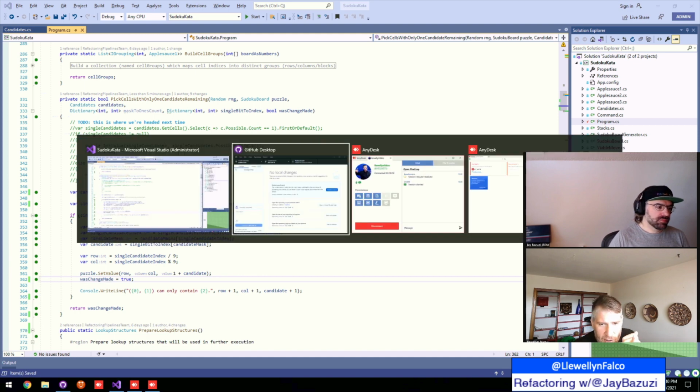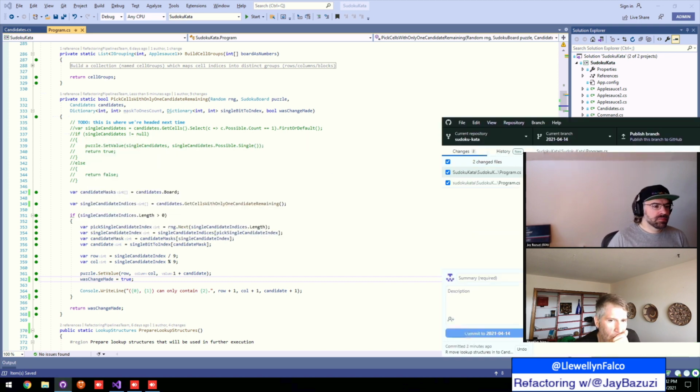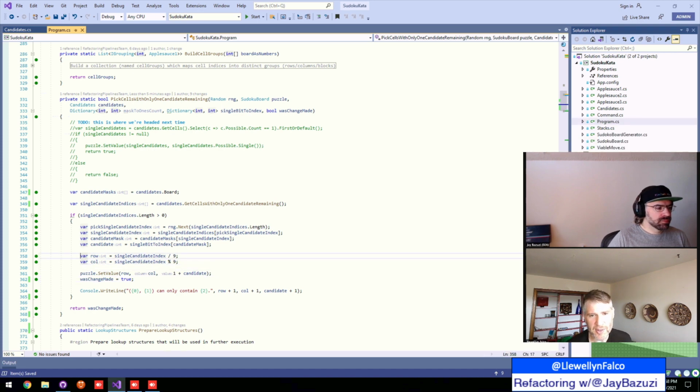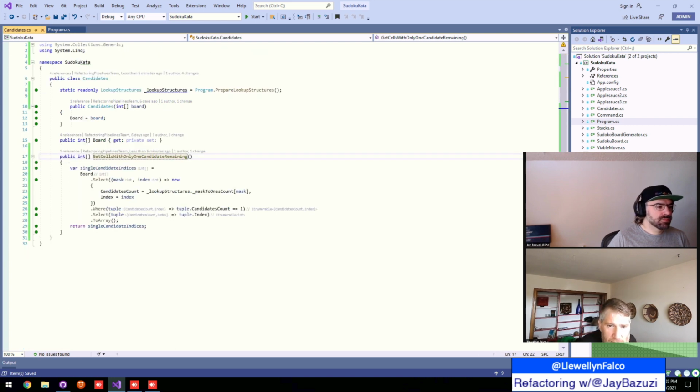And then the rest of this is doing a lot of complicated stuff that I wish it wasn't. So let's start by, rather than getting, we're gonna do a weird thing, but go to candidates, get cells with only one candidate remaining. So this comes by, it does this thing, and then it does that, and it returns a single candidate